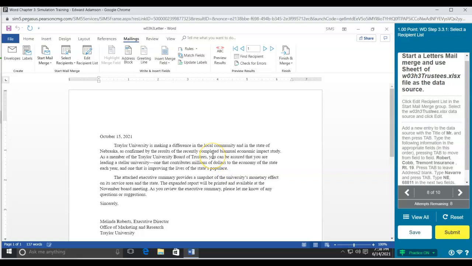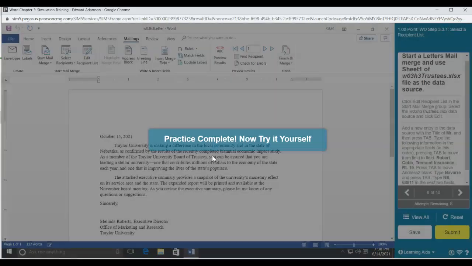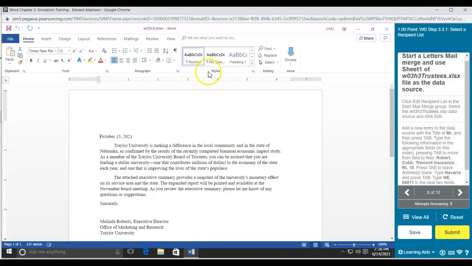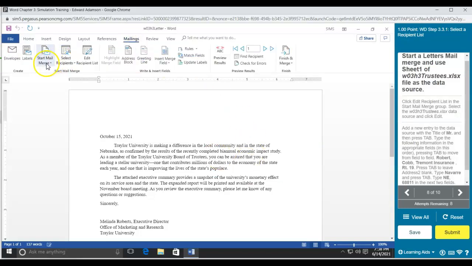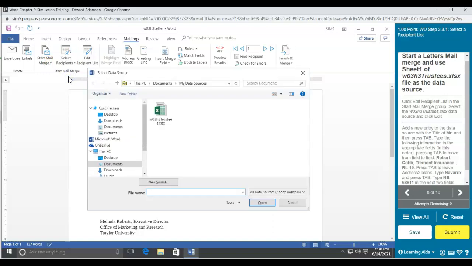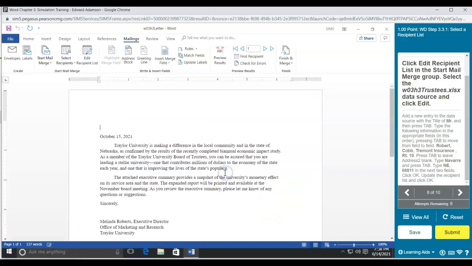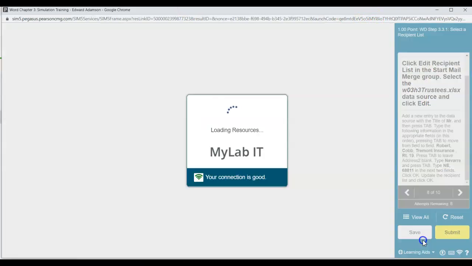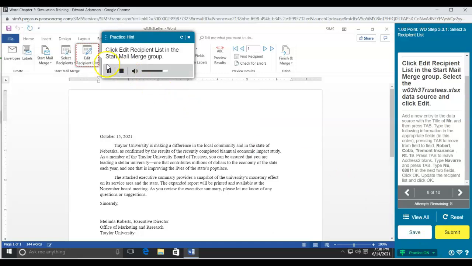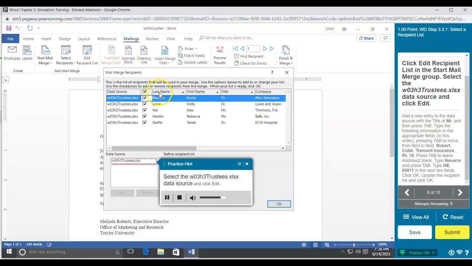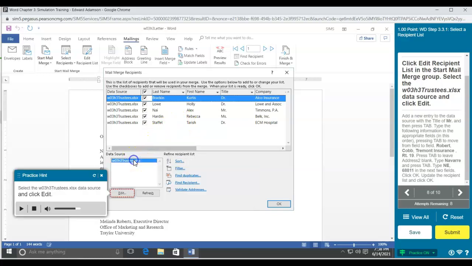Click Edit Recipient List. Select the W03H